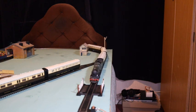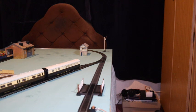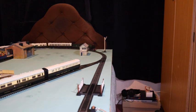Now, we're going to run her in, and you wait to see what she's like over points. Absolutely perfect. So bear in mind, this has got the Ringford motor. It's from the 1970s. And if you'd like an indication of how well these models can run,